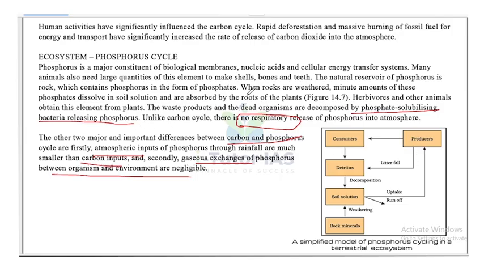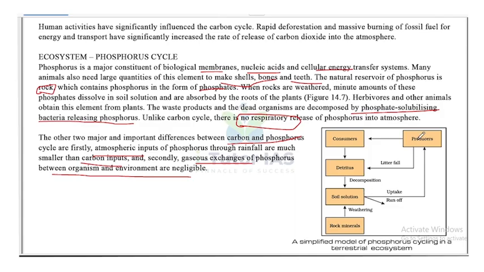We have seen that phosphorus is very important for living organisms. It's a major constituent of biological membrane, nucleic acid and cellular energy transfer mechanisms. Organisms also need it for making bones, shells and teeth. The natural reservoir is rock. That's why we have seen it's a sedimentary cycle, and the rock contains it in the form of phosphate. And once the rock, which is a reservoir, is weathered, it enters the soil solution,